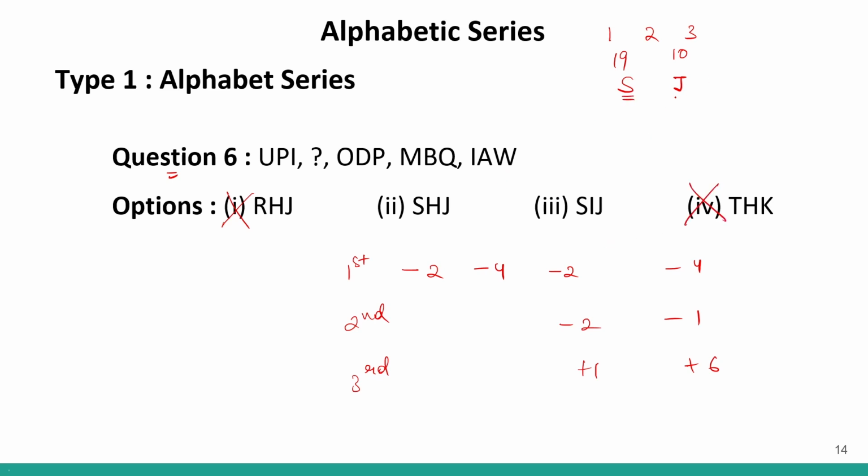And at the third position, we found out it will be J because it will be in a repeating pattern of +1 and +6. Correct? So if I look over here, we have J in option number 2 and J in option number 3 also. So now I have to look at the second element. Now if I look over here, this is -2 and -1. So maybe this is half. Okay, this is half. If I look over here, this is 16 and this is 4.